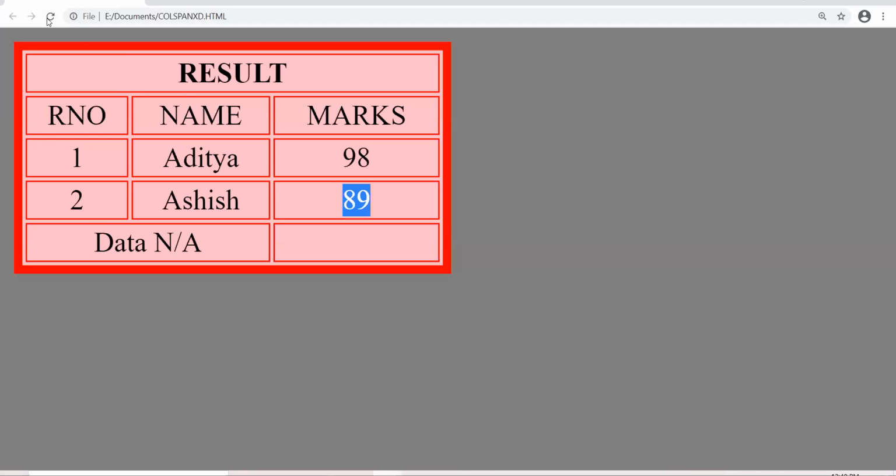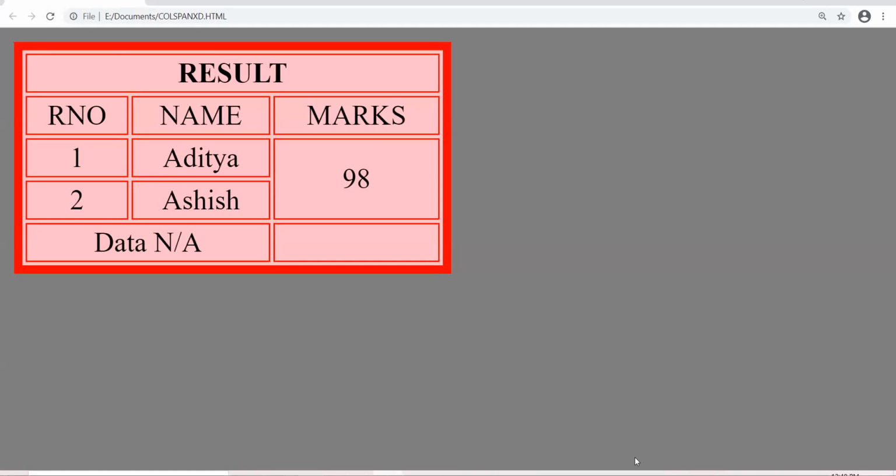Let us see the browser view. See. Clear, 10th D class? Am I totally clear? All right.